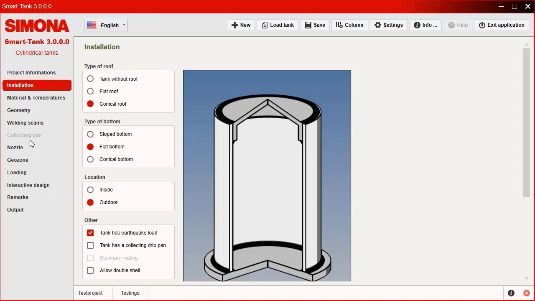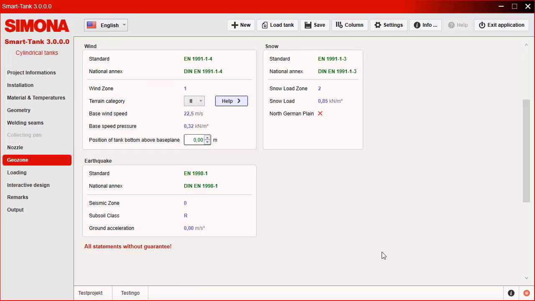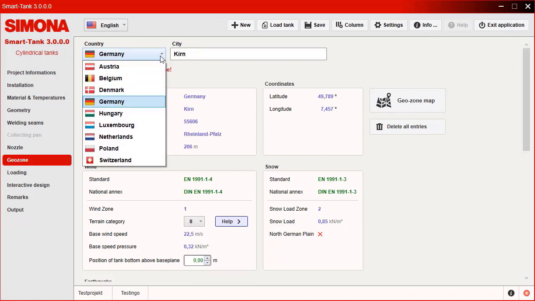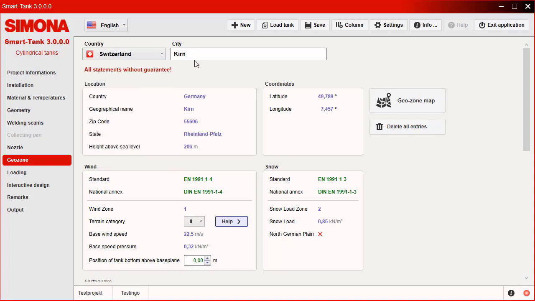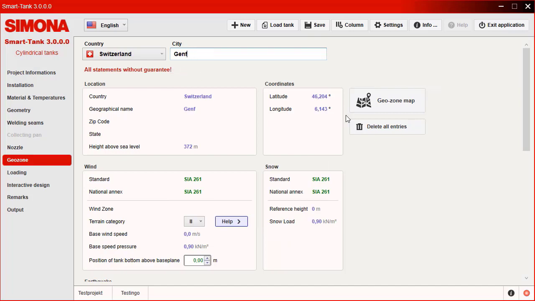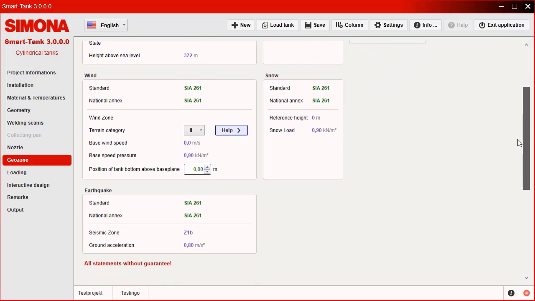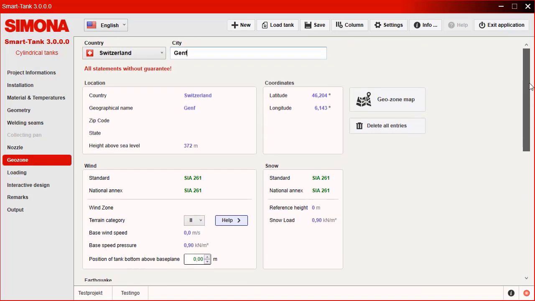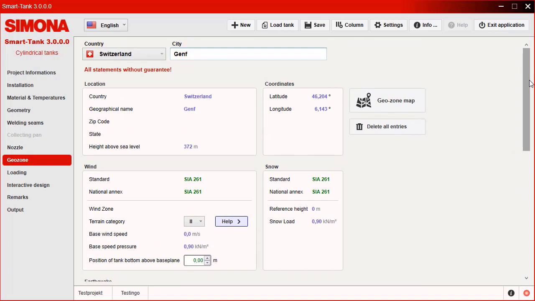The newly implemented GeoZone tool will make it much easier for you to determine snow, wind and earthquake loads and is only available to customers with a maintenance contract. For currently 10 countries in Europe, the tool determines all geographic base and load data depending on a location defined by the user and converts them directly into the SIA 261, in accordance with the respective national appendices of the Eurocode or, as in the case of Switzerland, the SIA 261. A steady expansion of further countries within the EU with their load-based data is planned for our future upgrades.